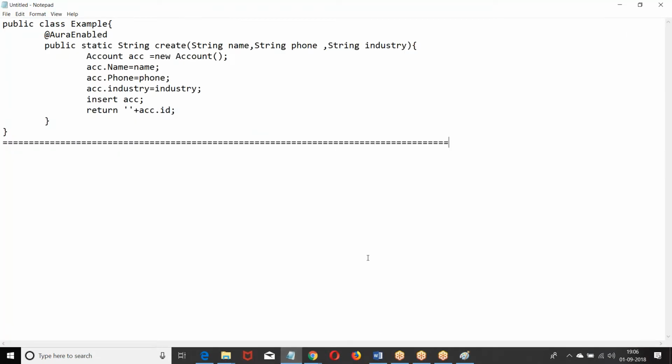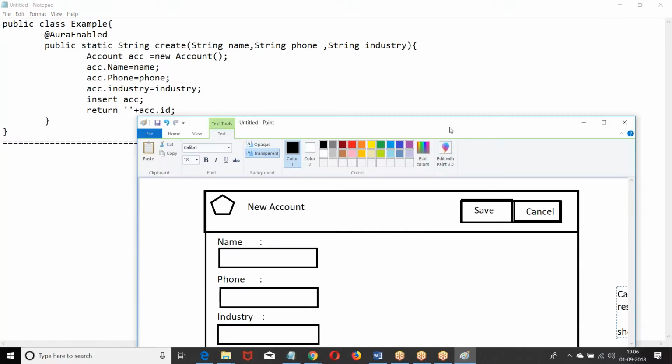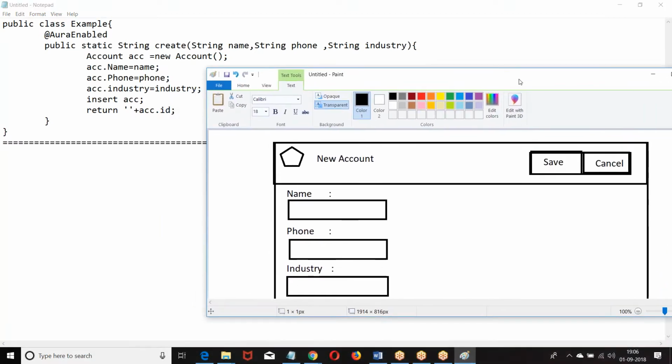This class is okay, right? Everybody is good with this class. Then create the lightning component. This lightning component is used for overriding the new button. Whatever the new button we have, that new button should be overridden. So what is the interface we have to implement? If you want to override the standard buttons, what is the interface we have to use? Lightning action override. Start creating the component.